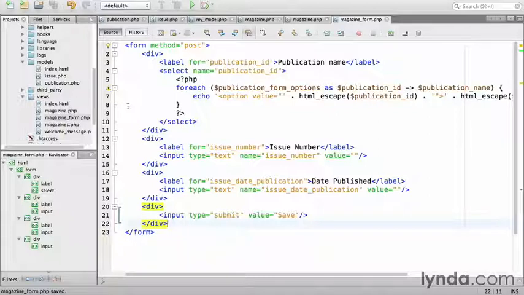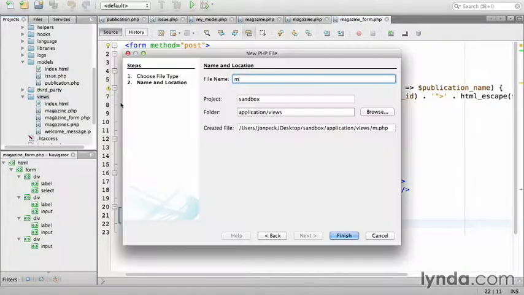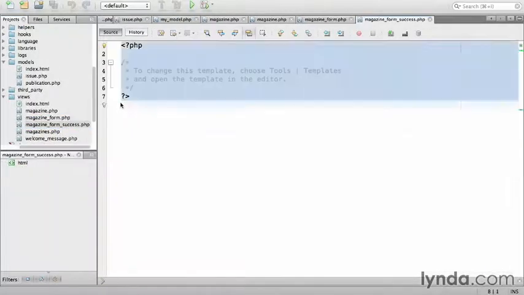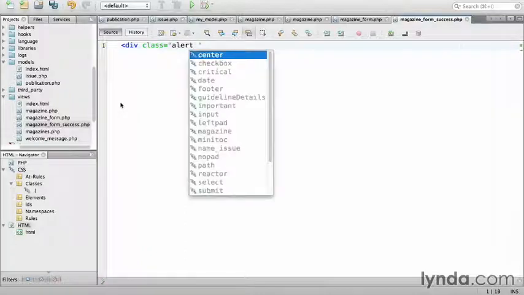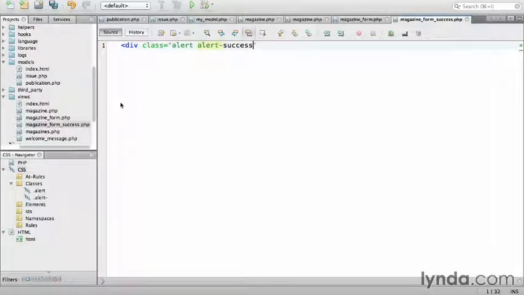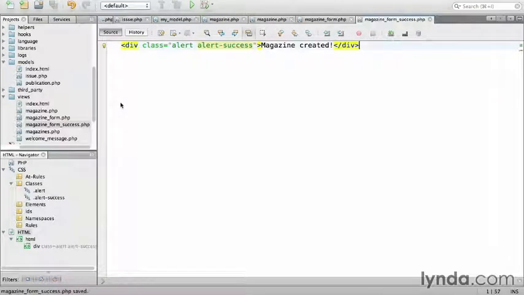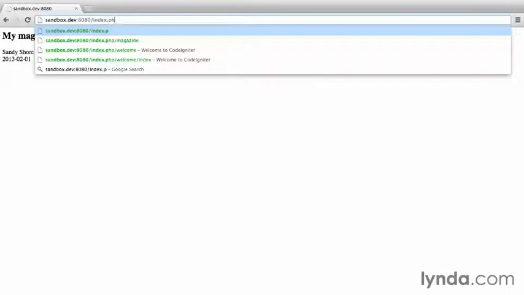Save the magazine form. One more piece is needed, the success message. Create a new view named magazine form success.php. I'll just say div class equals alert and then alert-success. We'll say magazine created and close the div. Save the success form. Let's see how it looks so far by switching to the browser and navigating to index.php,